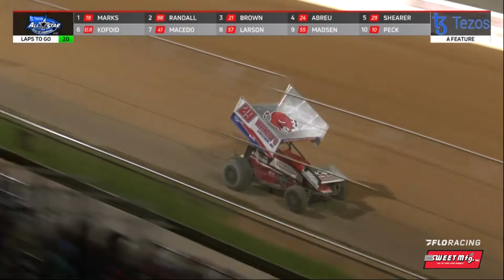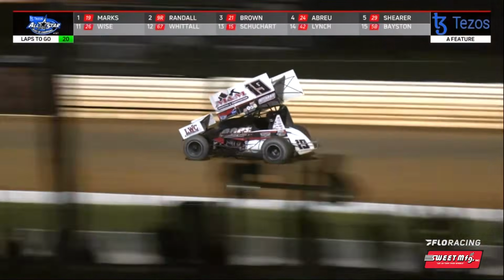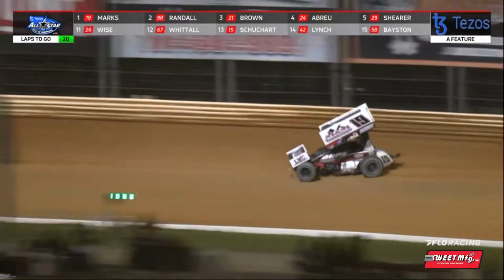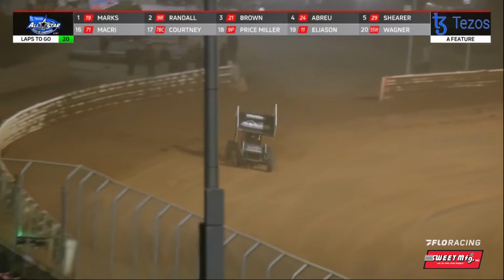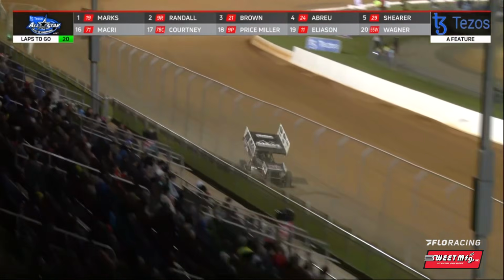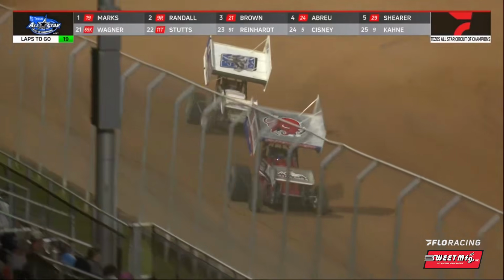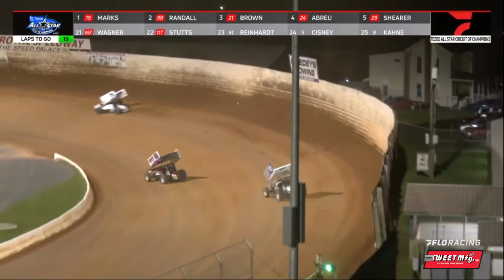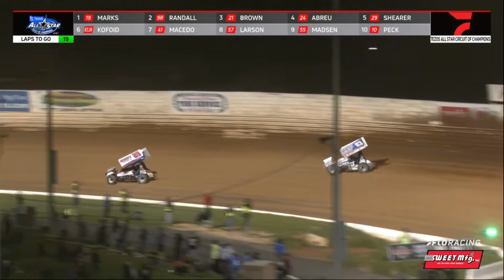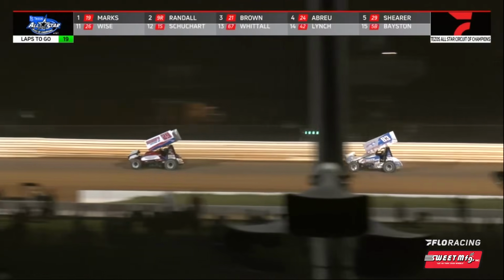Marks can start to see the back of the pack, but Earl, about a straightaway in front of him. Does he pace himself here? But you think he doesn't really know how big of a lead he really has. So how do you really pace yourself? As this time by, we have 31 laps in the book. Chase Randall has not let him run away too much, though, Earl. That lead at 1.4 seconds, and Randall is going to have a unique opportunity to start to close back in on